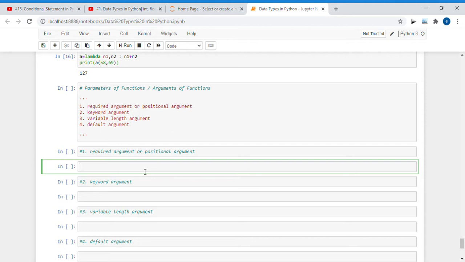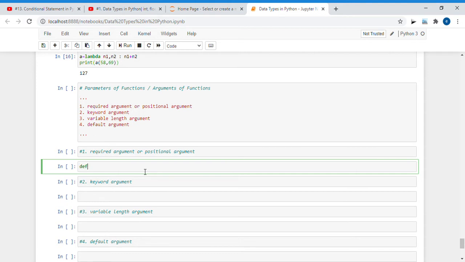So what is a required argument? Required arguments of the function are mandatory and must be provided while calling the function. If there may be n number of arguments in any function, then we have to provide all n arguments while calling the function, and they are always assigned from left to right.